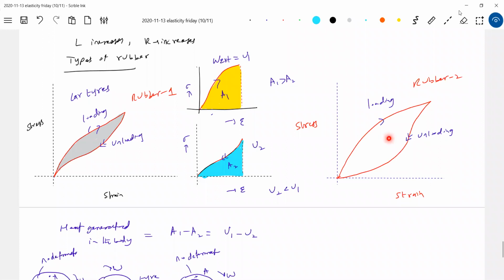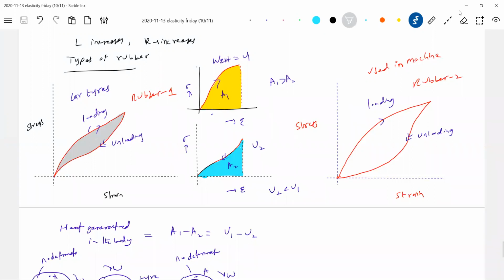So what happened is that the rubber now takes out all the kinetic energy of the moving parts. So therefore the rubber used in machines for braking should be capable of handling more heat. So therefore the area should be more here. So this particular rubber is used in machines. Why in machines? Because machines are usually made of metals, no? The two moving metal parts should not come in contact very often. Definitely a lot of sound will come from the equipment. To minimize that sound, I'll give a rubber coating. So when the two moving parts, the two rods, come in contact, due to the rubber, the deformation will be less, and the moving parts will not get damaged much.